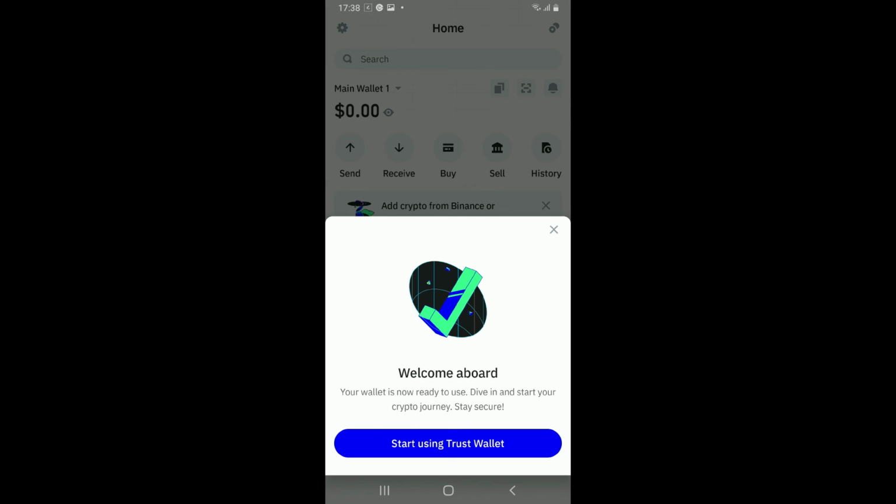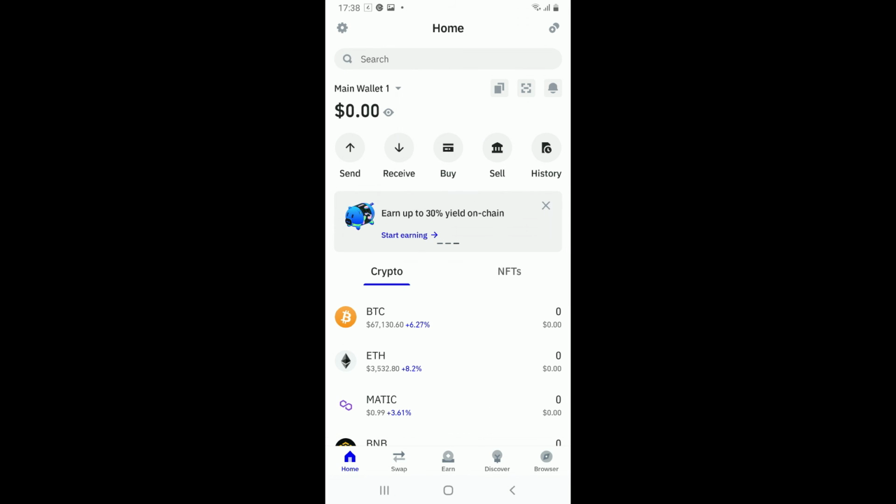Now you will be asked to create a passcode once again since we are recovering the wallet, so make sure you do that and you will be able to restore your wallet back again. So those were some of the basic steps you can follow in order to use Trust Wallet as a beginner